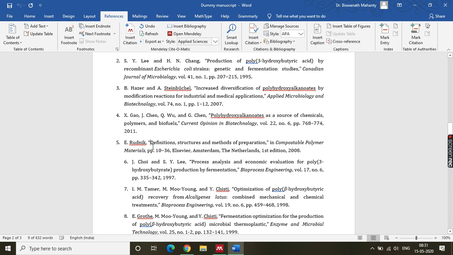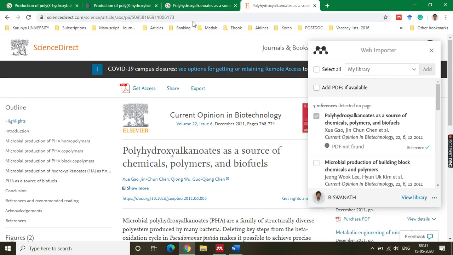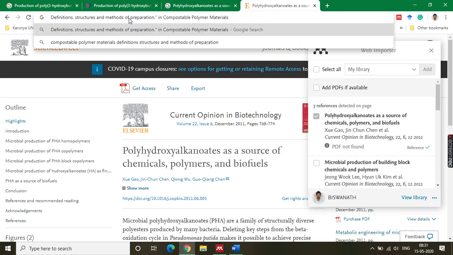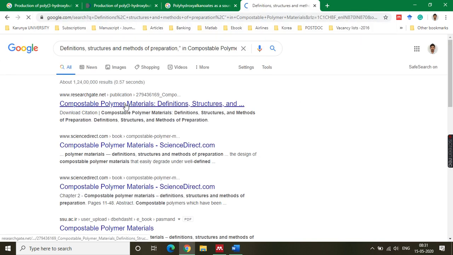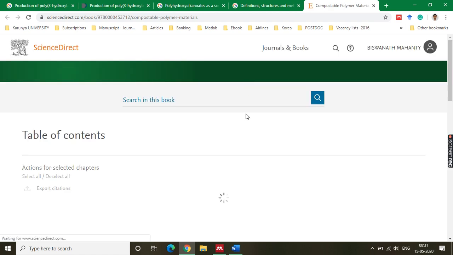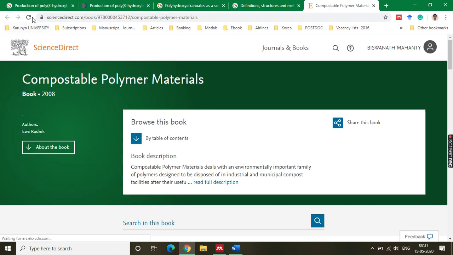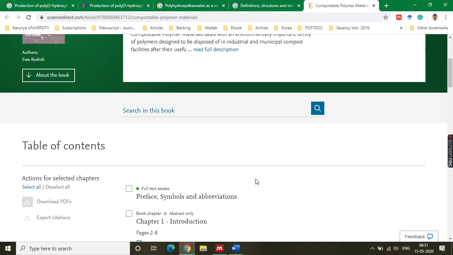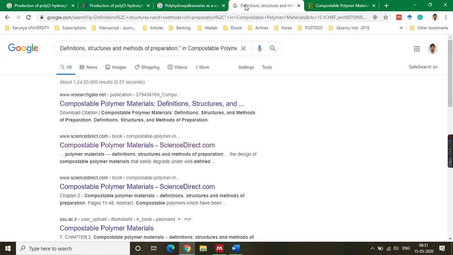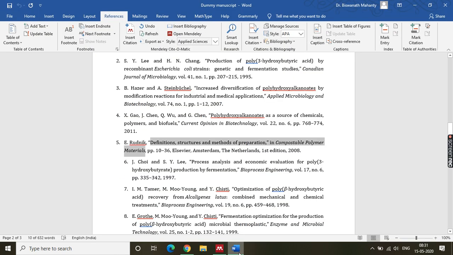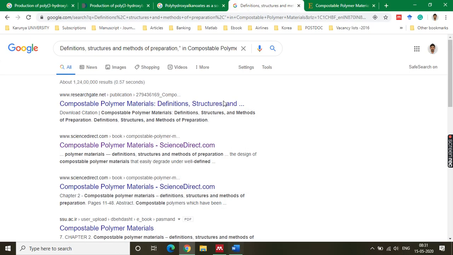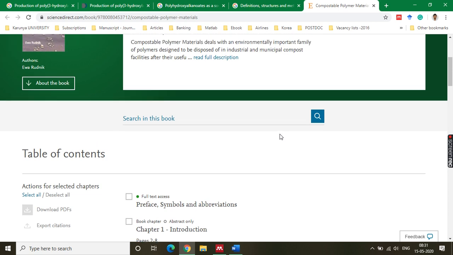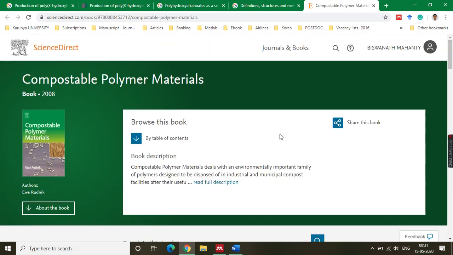I will also add the fifth paper, for example this one, through this same mode. Just search the paper, land on the web page where you are looking for. Composite polymer. Oh, this is a book. Okay, so for example, this is the book.